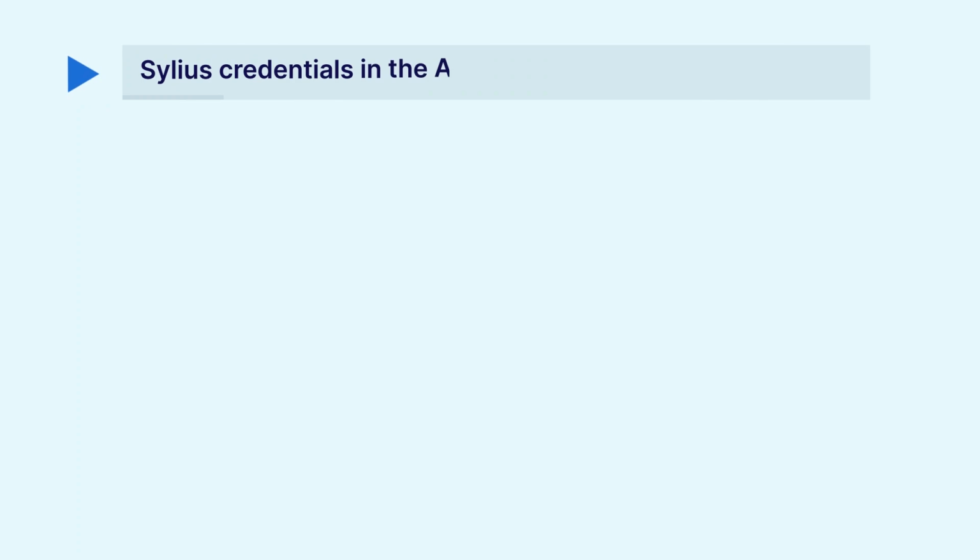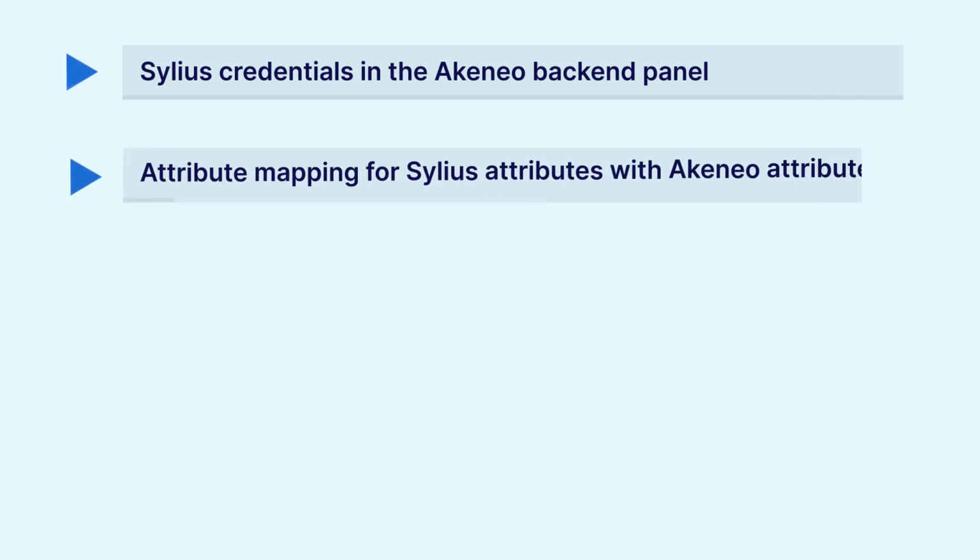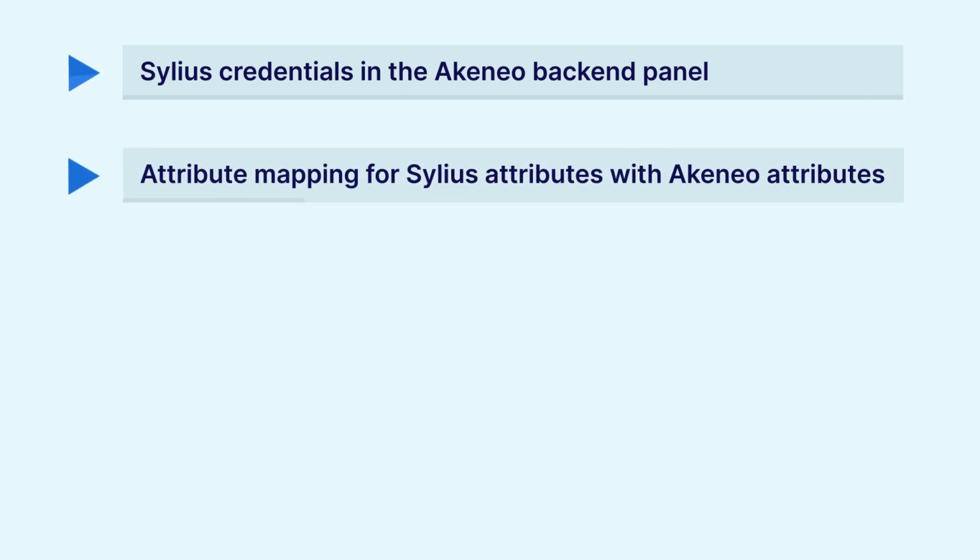In this demonstration today, I'll be taking you through the workflow in the admin backend panel, where I'll show you how we can set up the Sylius credentials in the Akeneo backend panel. Kindly note that you can add multiple Sylius accounts within the Akeneo backend panel as per your requirement for your different Sylius stores. And we'll see how we can set up the credentials in the first place for the Sylius store. Apart from that, we'll be seeing how to do the attribute mapping in the Akeneo